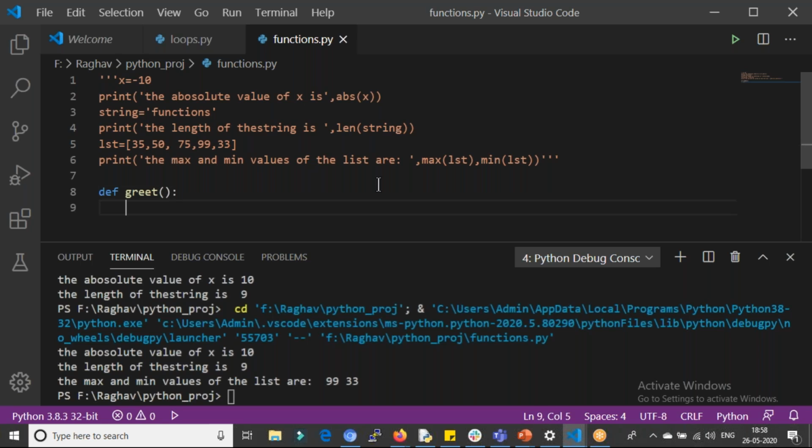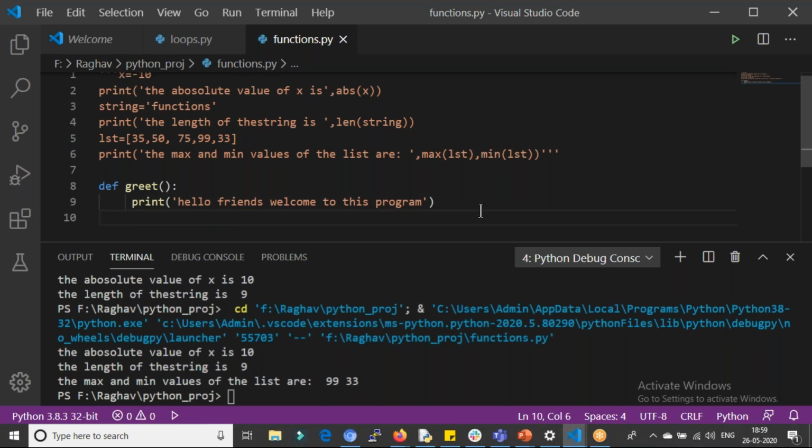So here I created a function, and the arguments inside this are optional. If you have any arguments, you can give them. So for now, I don't want any arguments. I just want to give a simple function. So inside the function, I'll say print hello friends, welcome to this program.